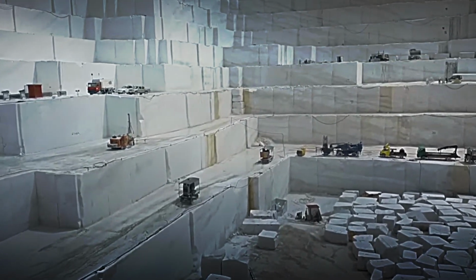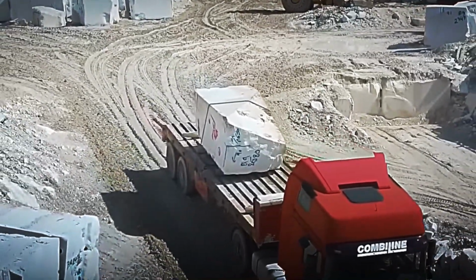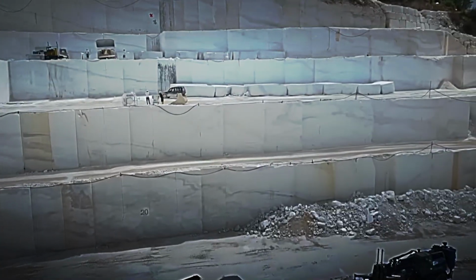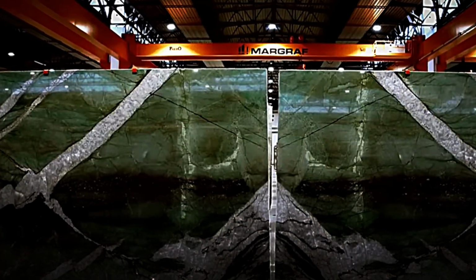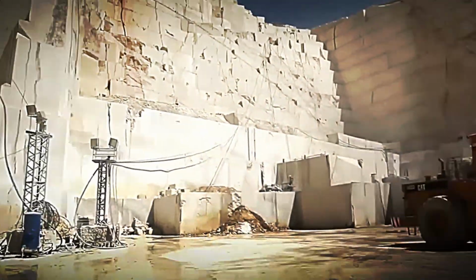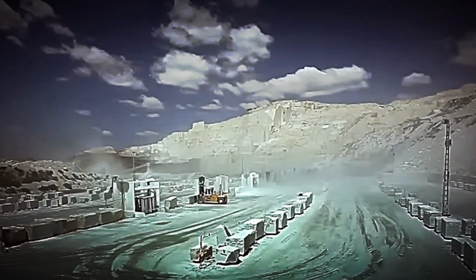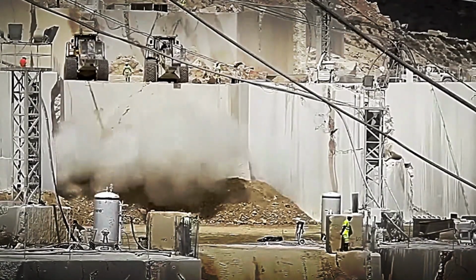Some 1,700 meters above sea level are the most impressive quarries, a setting where humans and technology work together to extract enormous blocks of marble directly from the mountain. In these hills of northern Italy, white Carrara marble has been quarried uninterruptedly for centuries. From a distance, the white line that forms the peaks of the mountains can easily be mistaken for snow, but what you see isn't ice. They are entire walls of marble, formed over millions of years of geological transformations. More than 140 million years ago, this region was a seabed littered with shells and calcareous remains. The passage of time and tectonic forces compressed these sediments into a mountainous massif of white stone that is now